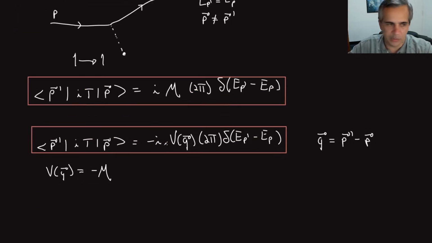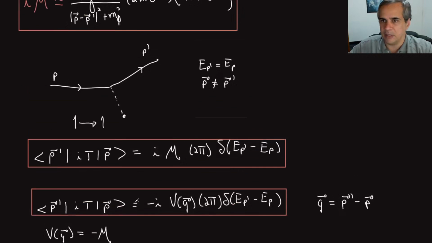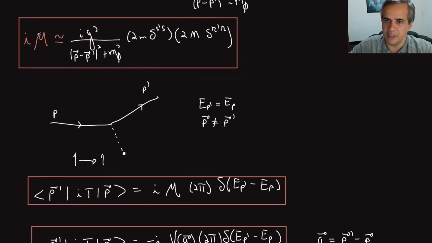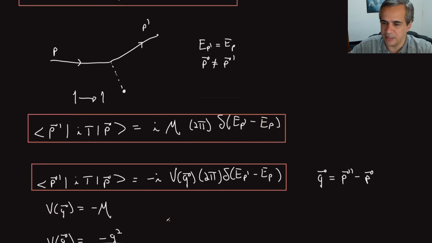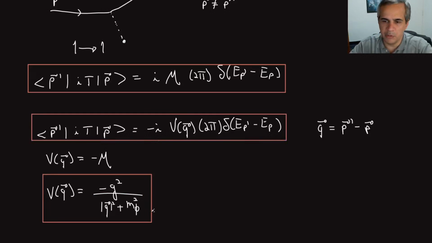without this 2m. So the potential is just V of Q equal to minus G squared over Q squared plus M phi squared. That comes from here. The I goes away because I have an I here and an I there, and this is pretty much what I wanted, still in momentum space. What we really want to know is the potential in position space, so we have to take the Fourier transform of that one,